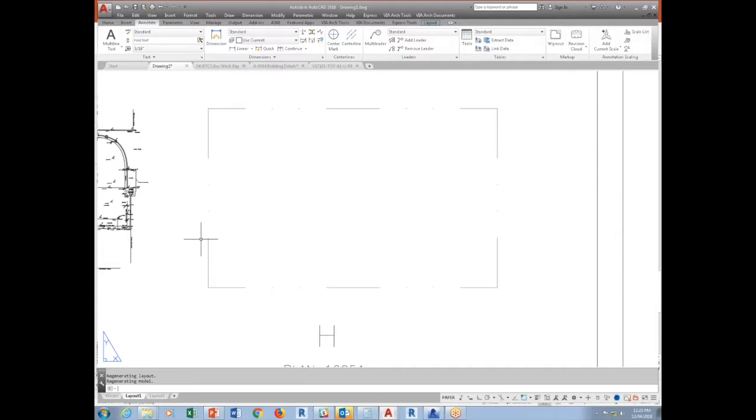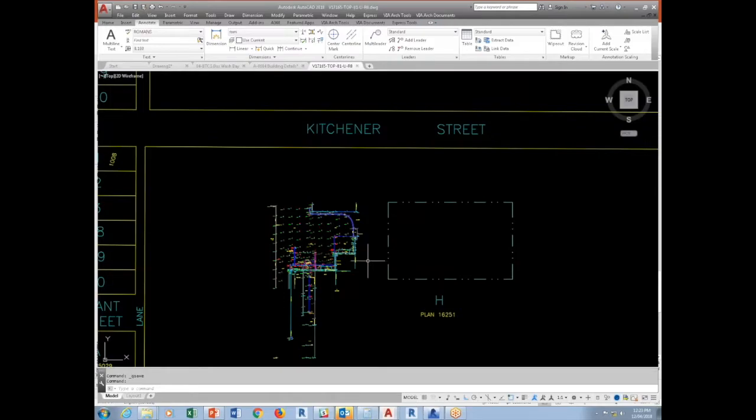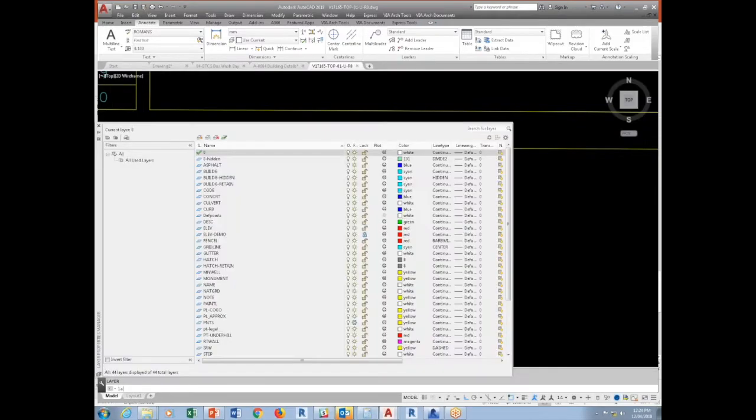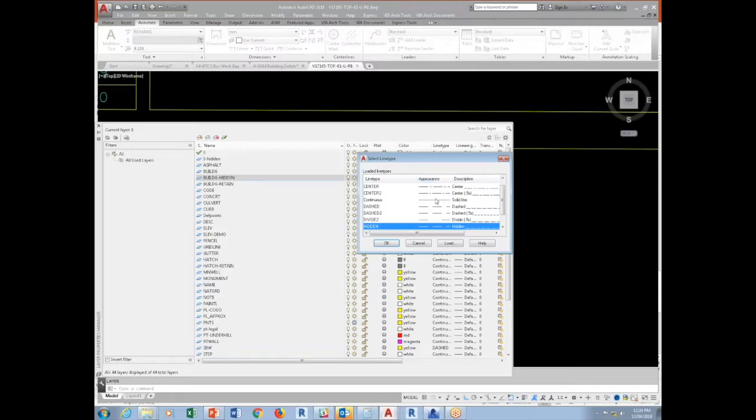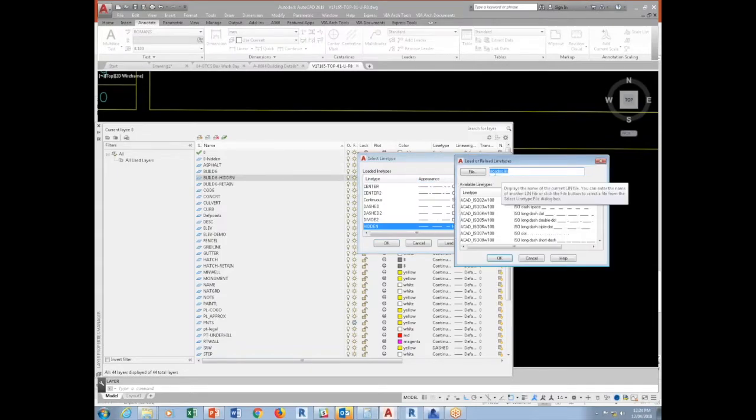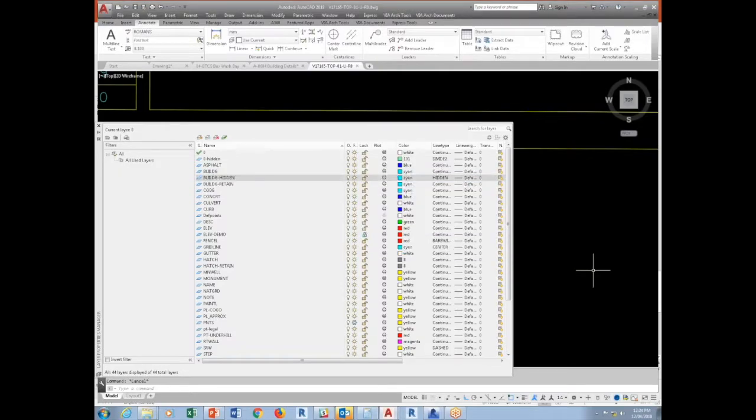Now, one of the weird things about AutoCAD is that you will get into a chance where line type scale will screw you up, okay? Because AutoCAD has two line types. One is the metric version, and one is the paper space Imperial version. How do you tell if it's metric or Imperial? I'm just going to use this particular one. Okay, so when you click on this and hit load, you notice that there is one called the AutoCAD ISO. That means that it's a metric. If you want to change that to Imperial,